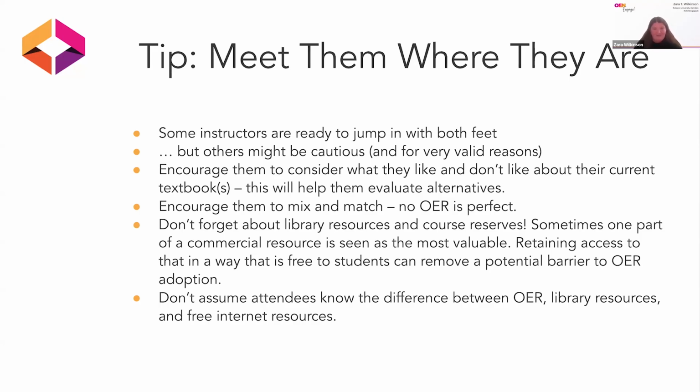So moving past that, some of my other tips, I always encourage faculty to really consider what they like and what they don't like about the current textbooks that they're assigning in their course. And I find this really helps them to evaluate alternatives. What they don't like can become an opportunity of something to look for in an OER. And what they do like essentially is going to be their yardstick of what they're measuring OER against. And so helping them and me have an understanding of what those two things look like can really ease the process of beginning to find some potential OER.